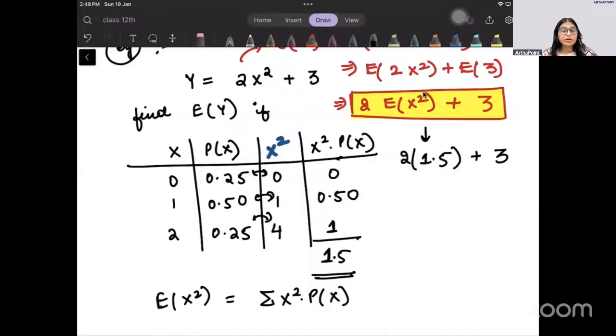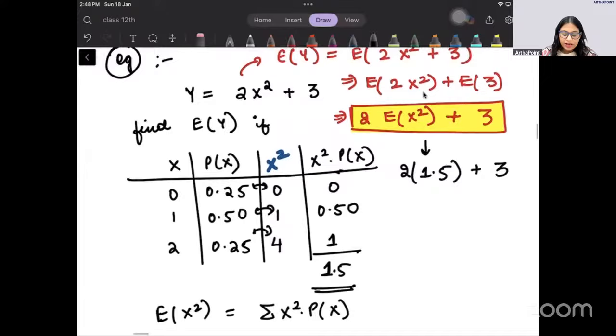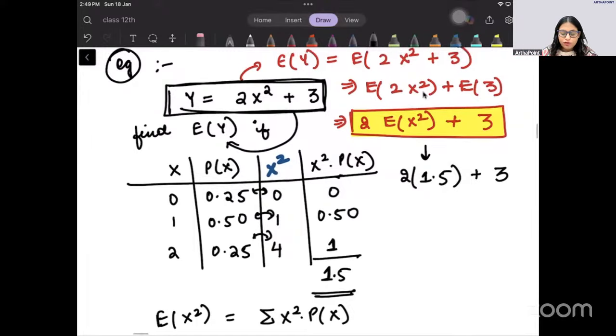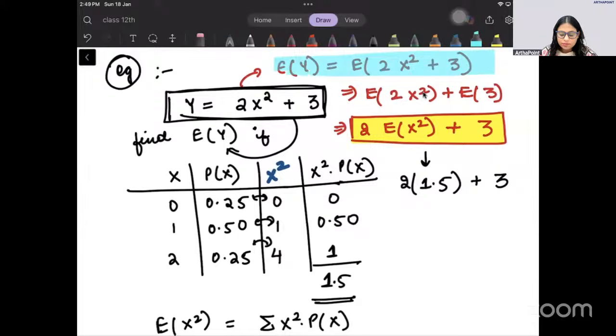बहुत important है. I think in one of the IITs, 2023 में किसी IIT में they gave a linear function या एक quadratic function and उससे related हमें expectation, covariance, correlation ये सब निकालना था. So it's very important that you understand that when we have to find expectation of a function, it's not very different thing. हम उस function में से variable का expectation निकाल के फिर हम उन coefficients को include कर सकते हैं.